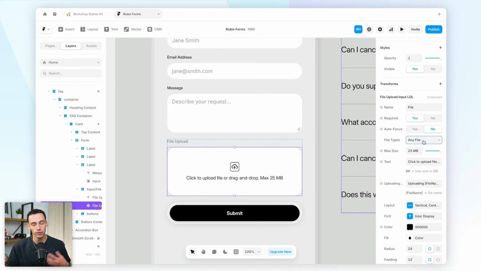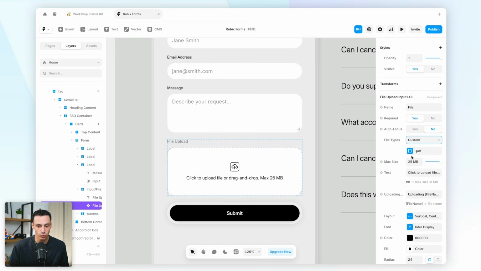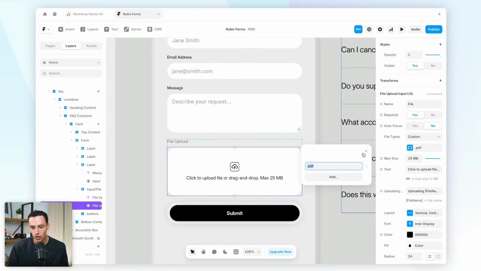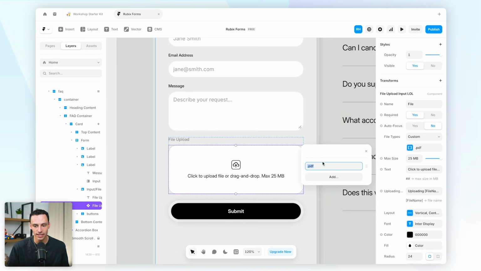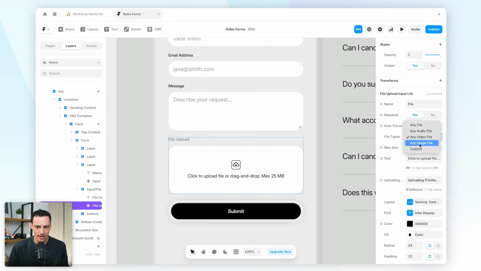So for example, if we just want someone to upload an image, we can set that here. Or if we actually want to set something custom, maybe we just want to accept, say, a PDF, we can actually set the formats that we can allow someone to upload here as well. So let's just make it so anyone can upload an image file, which is going to be your PNGs, your